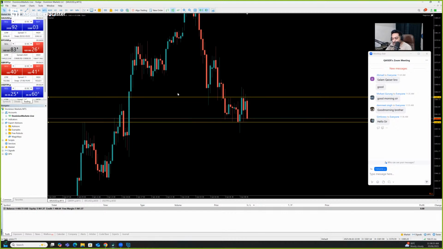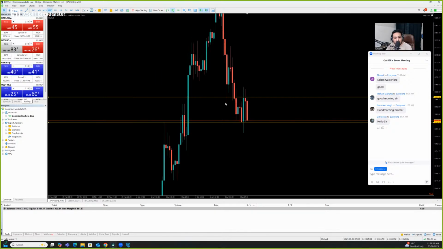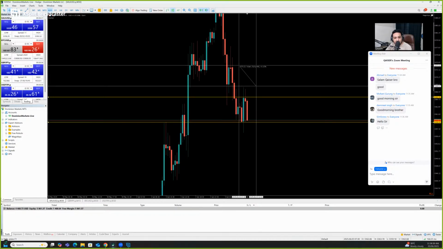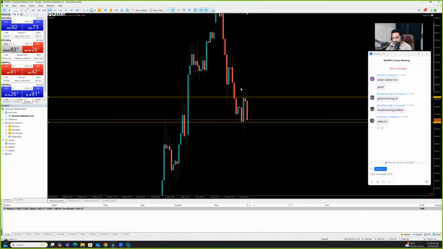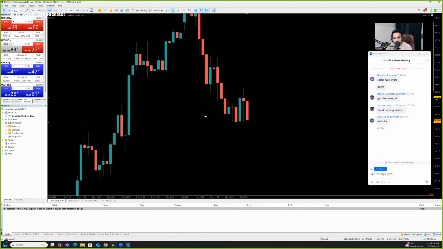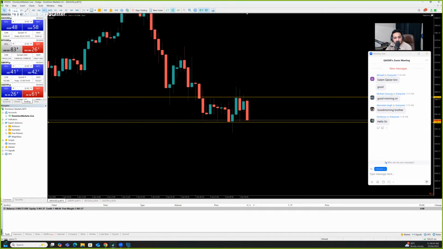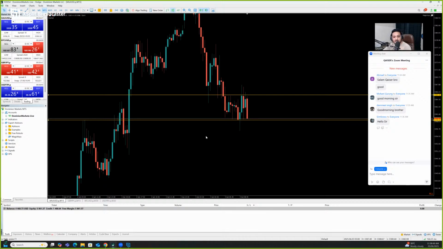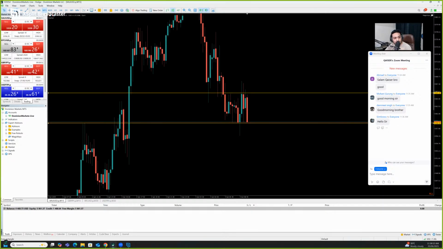So let's see. At the same time, if we break above this area, we have a minor resistance on the left-hand side on the 30-minute time frame. If we break above both of these wicks, there's a very high probability we will fill this range. So right now we just need to wait for the candle to close in our direction. I'm not going to take any impulse entry, to be honest. Let's see. So this could be the best plan for gold.